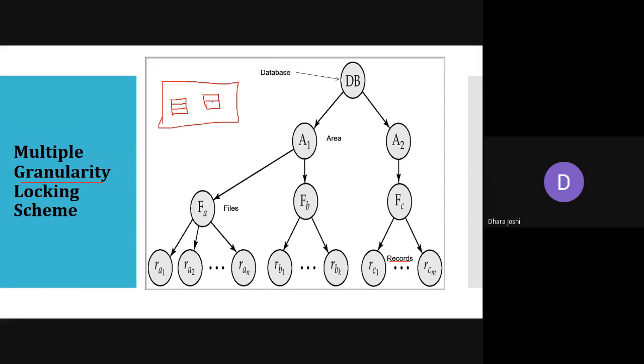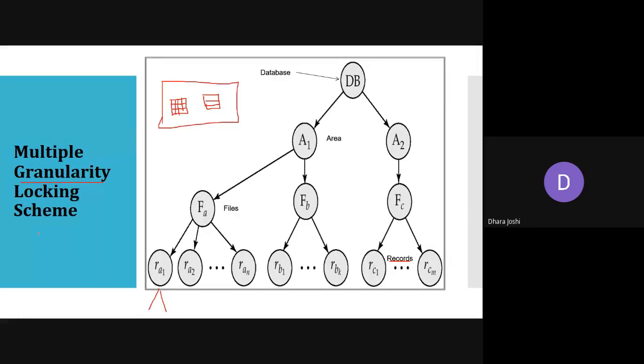So in the figure it will look like this, but if we want, it can be divided further like this. Here we have fields. Fields means columns. Each and every row has multiple values. If we are talking about a particular row, any particular student like Rutvi from your class, Rutvi's enrollment number is there, her mentor name is there, SPI, CPI. So one row can also be further divided into multiple fields. So this is how we divide the entire database, so that we can apply a lock on any particular granule. So this is the multiple granularity locking scheme.